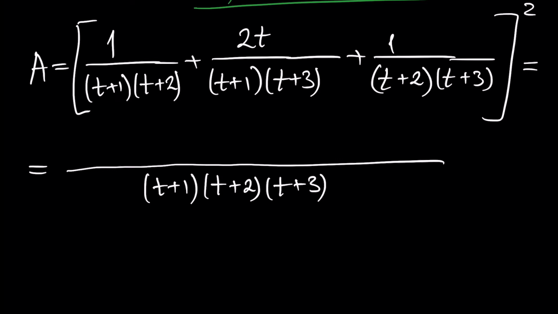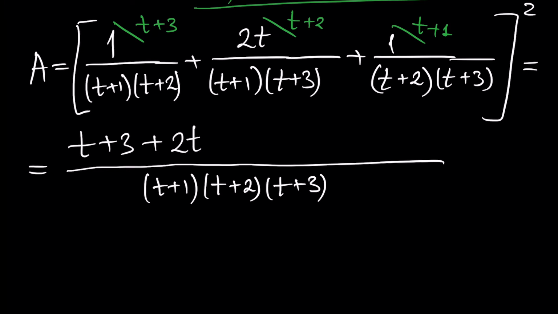In this case, the first numerator must be multiplied by t plus 3, the second numerator by t plus 2, and the third numerator by t plus 1. Rewriting it, we will have t plus 3 plus 2t times t plus 2 plus t plus 1